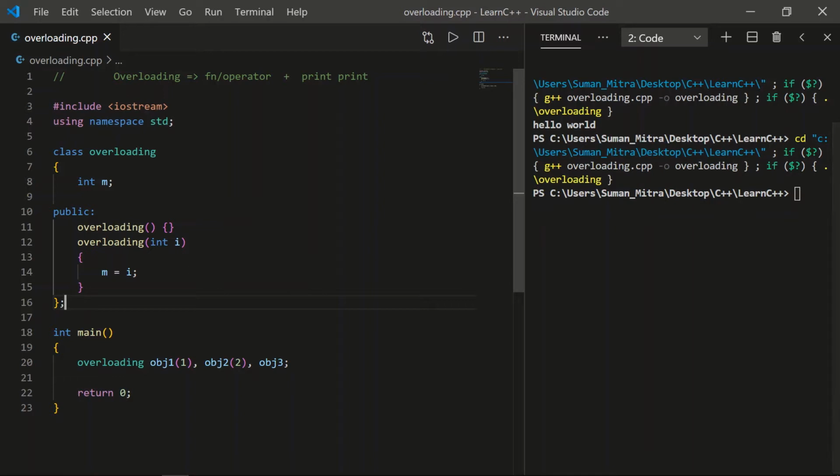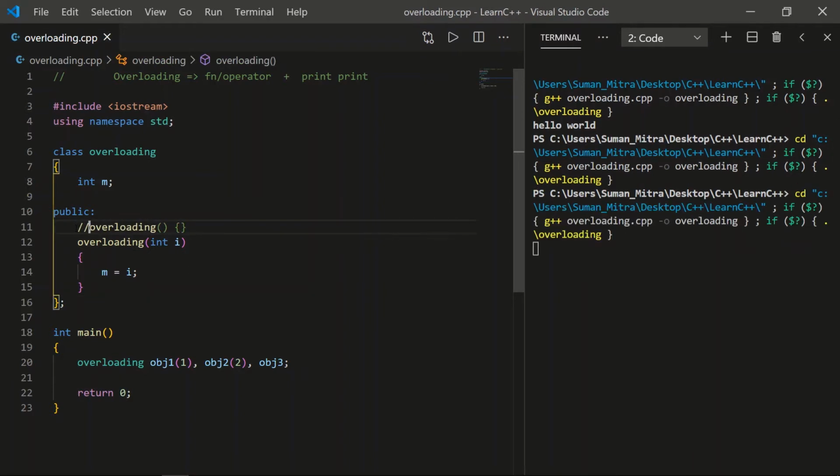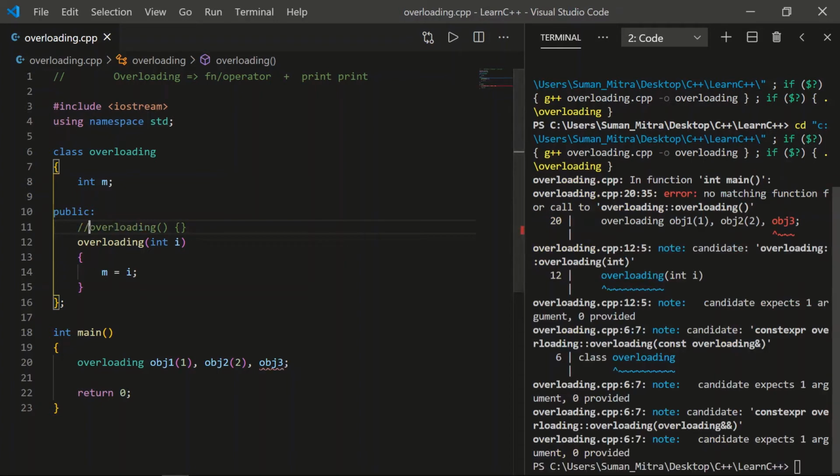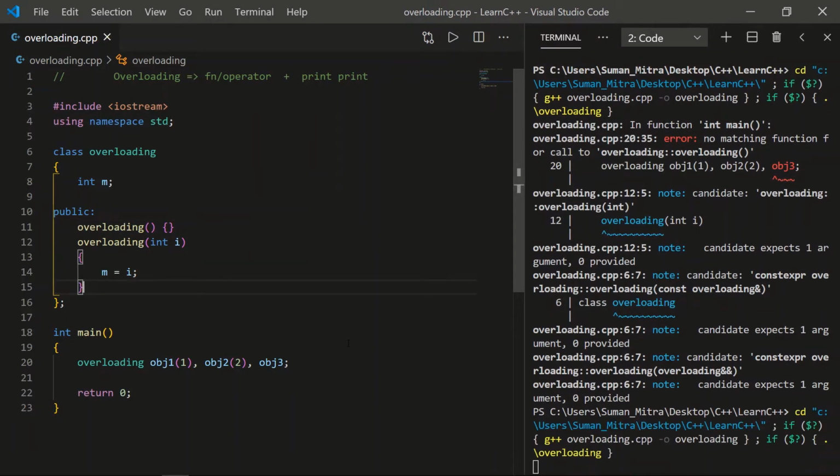Okay, there is no error. But if you don't write this and try to run it, you can see we'll get an error, because obj3 does not have a value inside it, and in the constructor we require a value to be passed as an argument. So we use one more constructor, the default constructor, so that we can run it even when you don't pass a value. That's why I use this. I'll just clear this out so that it becomes clear.